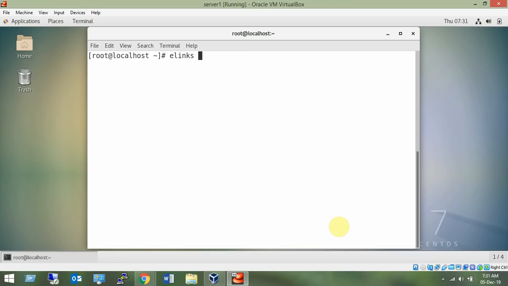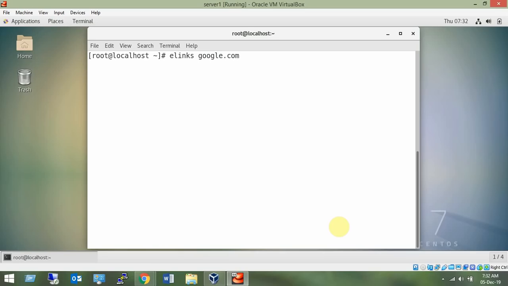So what is the browser available when you are working in a text based interface, command line interface? And the browser is elinks. If it is installed, you can run it, else you have to install it the way I have installed, and I will show you that. Now to open this elinks, you can open the website google.com.